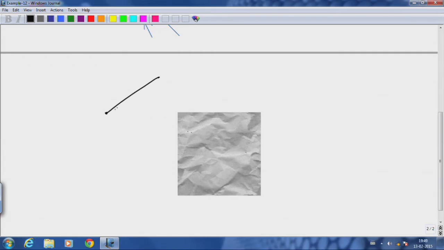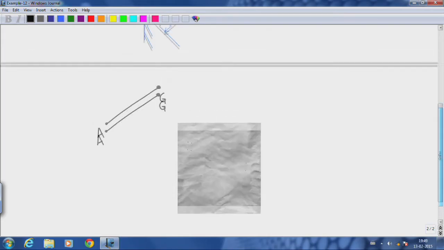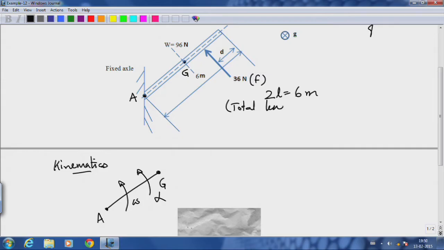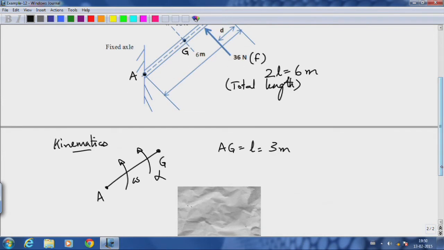The first simplest point I want to bring to your notice is that the only part that matters for the kinematics is the distance from A to G. So, if this is rotating at an angular velocity omega and has an angular acceleration alpha, and if the length 2L is 6 meters, the total length is 6 meters, then this length AG equal to L, which is 3 meters, which means from the fixed point A,